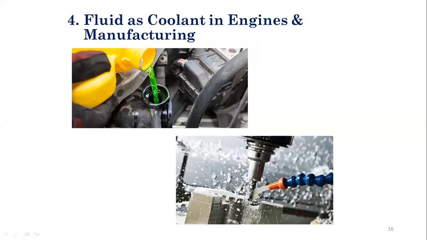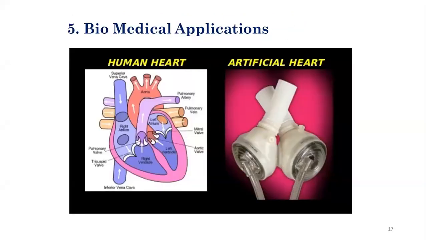as the machining is done, the machine tool or the workpiece gets very heated. Because of that, properties will be changing. A heat affected zone will be generated on the workpiece or the tool. So there also we need to provide some coolant. That coolant will always be a fluid, nothing but a liquid. Mostly it will be liquids only. So this is one of the applications again. And the last one, if you see, in our body also we have many fluids.